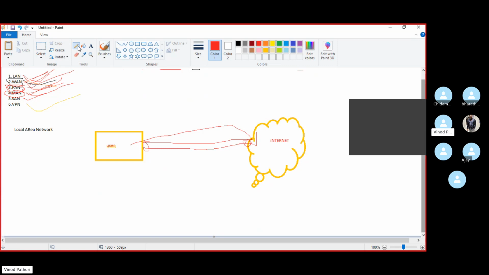And now, whenever you go through it, your data will be encrypted over the internet while it passes through this tunnel, and only once it reaches the destination will it be decrypted.